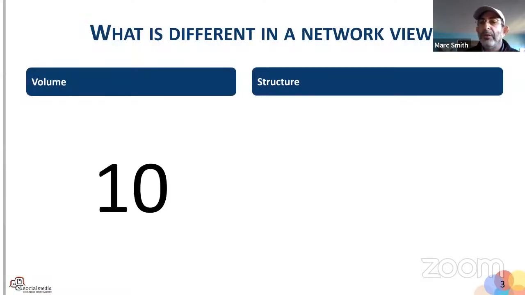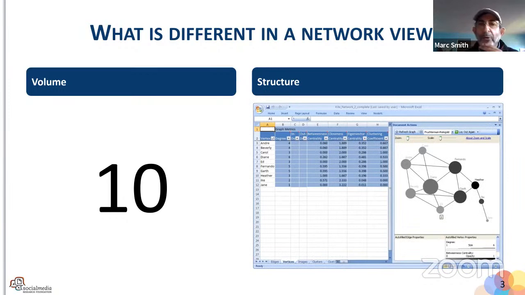We need one that is going to capture the fact that different positions in the graph actually have different kinds of influence or power. It is true that volume is what you get when you go to Brandwatch, Meltwater, Sprout Social, Sprinklr, Talkwalker, Tweetbinder, Metricool. All of these guys measure the volume of stuff. How many tweets on this topic? We measure the structure.